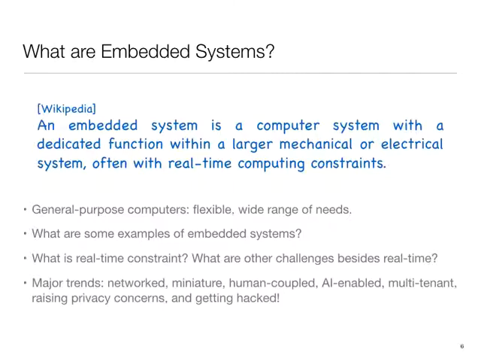So main trends in these systems: they're getting networked. That obviously has been a huge thing in the past 15-20 years. Getting smaller, coupling with humans in a variety of ways. I mean, the wearables and implantables and stuff like that. What I've called AI enabled. I mean, increasingly these are not simply you press a button and the toaster pops up. There's a lot more intelligent processing going on inside these things. So you have specialized chips which have begun to emerge, and which do neural networks and all in